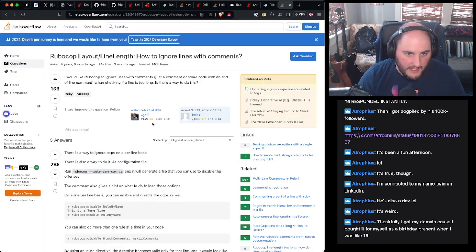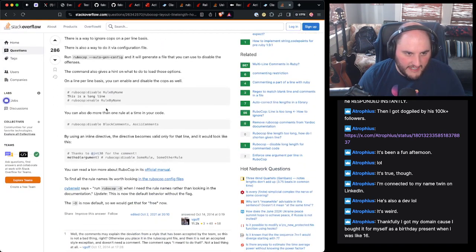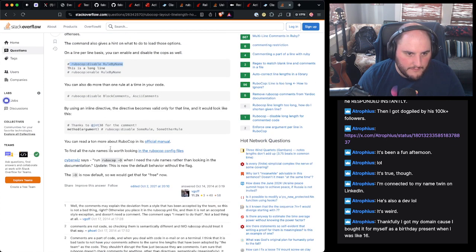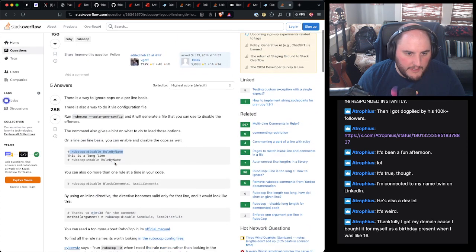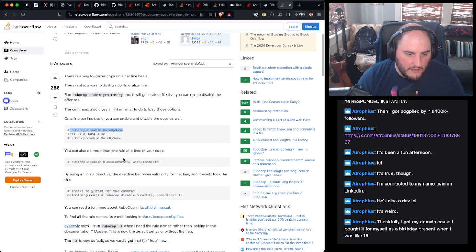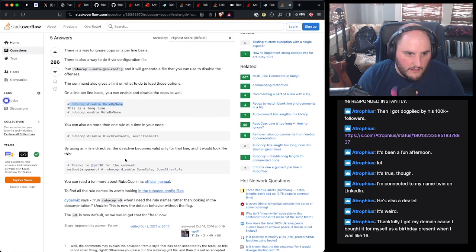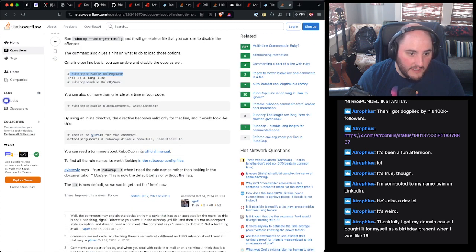This is going to be the first time we want to disable this rule by line. On a line per line basis, you can enable and disable the cops as well. This is a long line. You can also do more than one block at a time by using the inline directive.